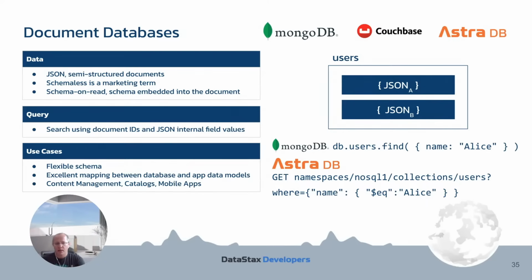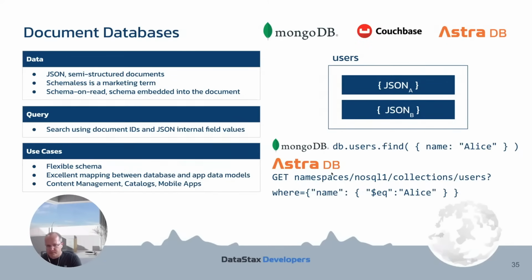So content management, catalogs, mobile apps, and applications like this. Okay, so here's an example. We have the users as a collection of documents, and there are 2 documents, JSON with ID A, JSON with ID B, and we're going to query them. We want to find a document where there is a name attribute with a field with name and value Alice. So this is how it may look like in MongoDB, AstraDB,